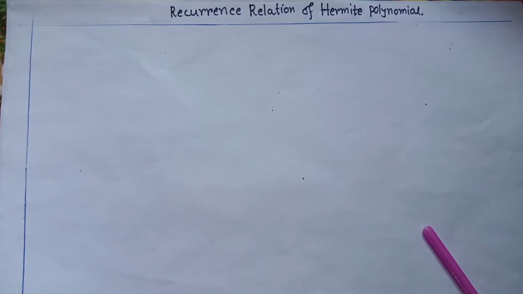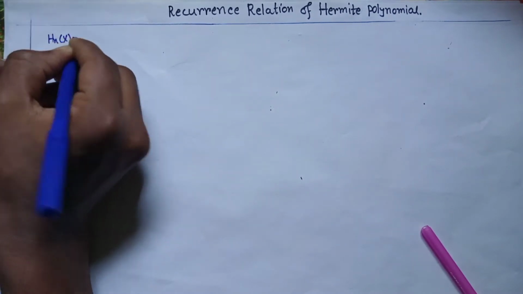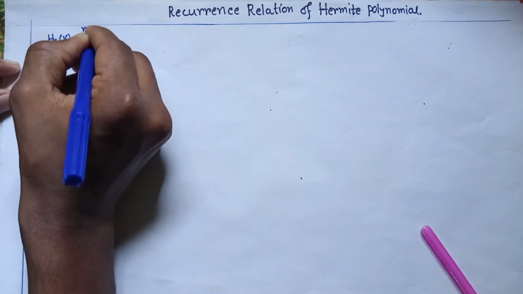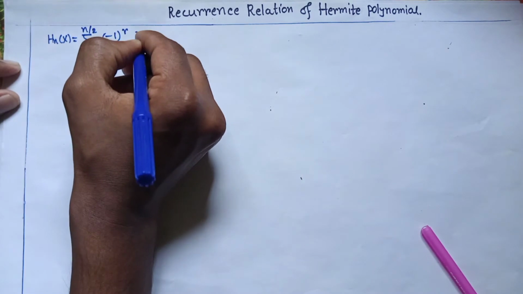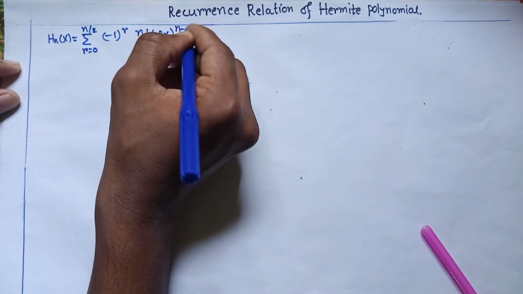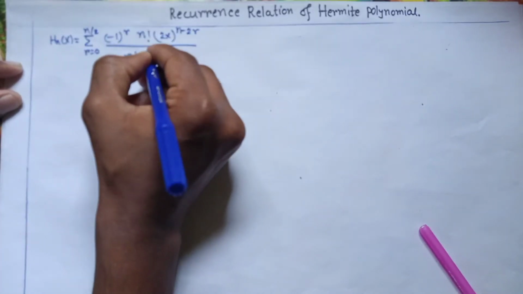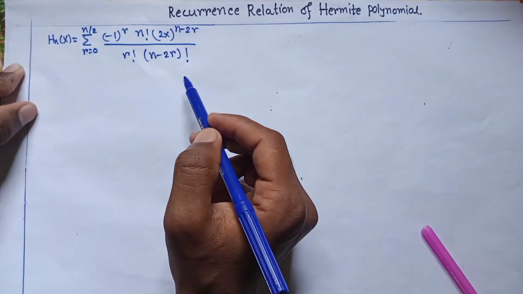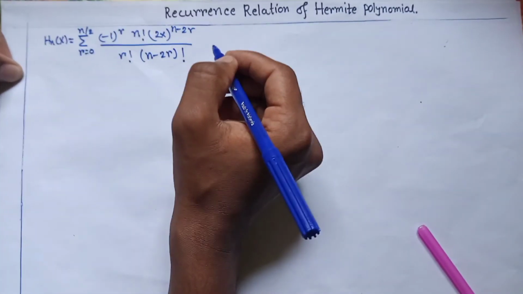Okay, we know that Hn of x equals summation r equals 0 to n by 2, minus 1 power r factorial n, 2x power n minus twice r, divided by factorial r into factorial n minus twice r. Okay, this is Hn of x. Okay, then